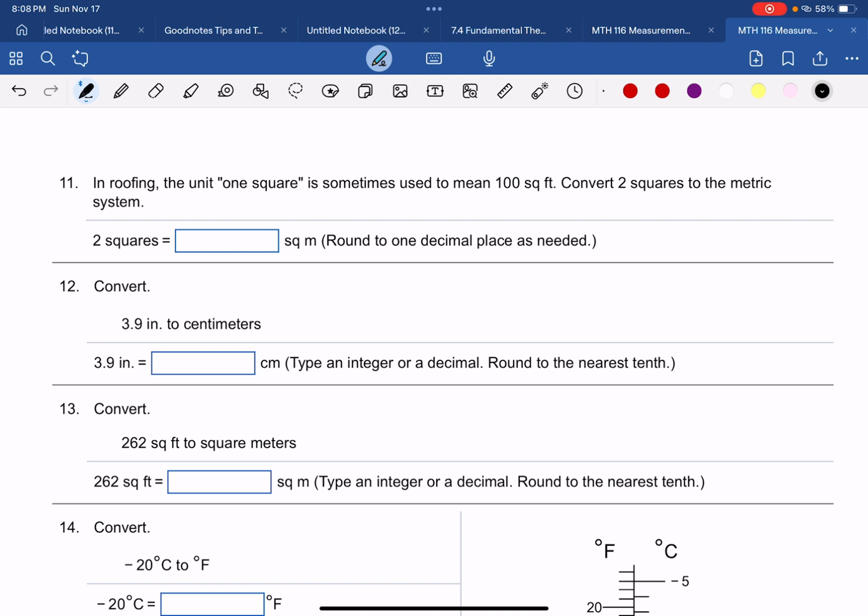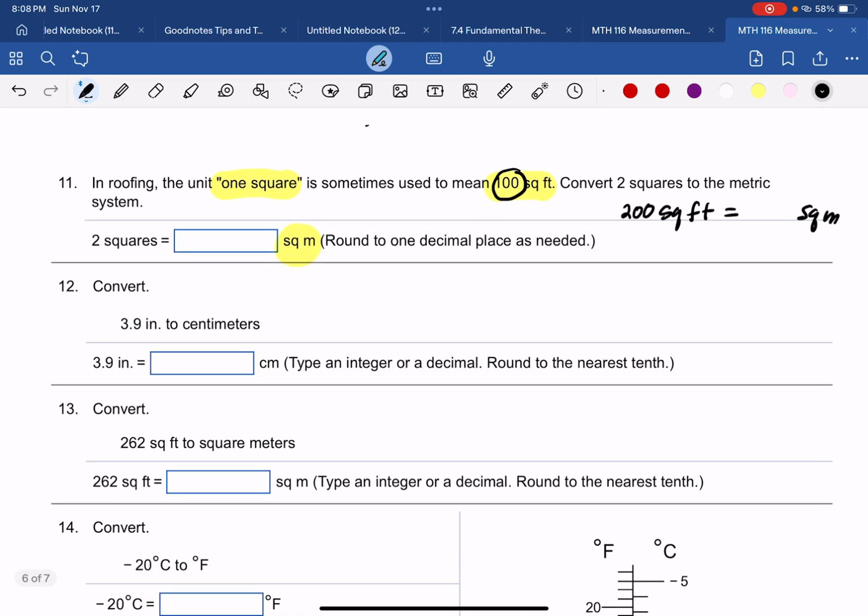Number 11. In roofing, the unit 1 square means 100 square feet. So we want to convert 2 squares, okay? So if you've got 2 squares, that's going to be 200 square feet, right? Because you've got 2 times 100, and we want to change those over to square meters. So that's what they've asked us to do. We're going to go square feet to square meters. So we're going to have 200